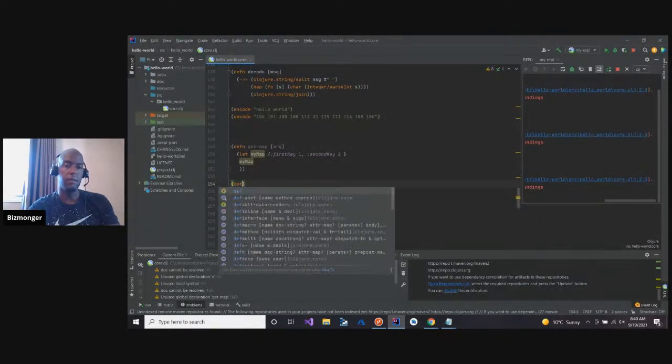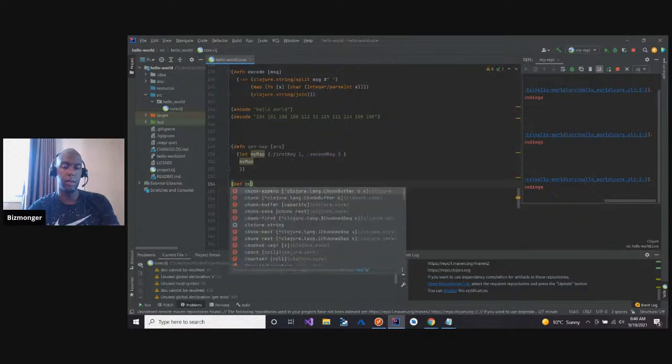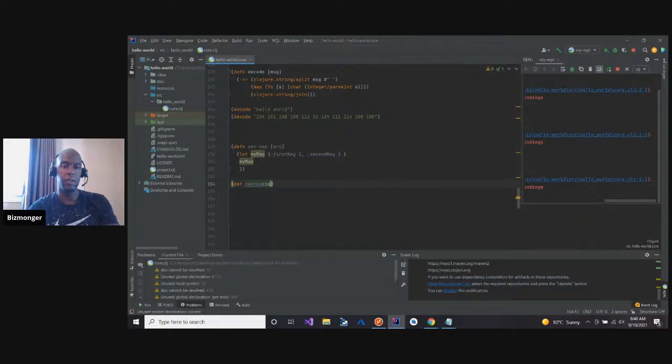So we'll say def currencies. How's this supposed to work? We say a hash set, and am I supposed to put this in double quotes?